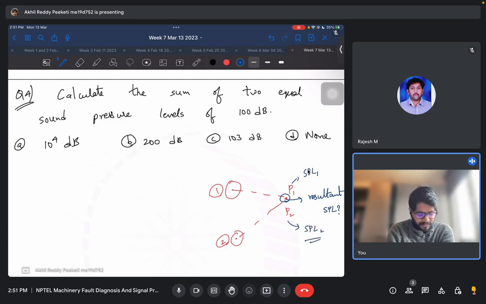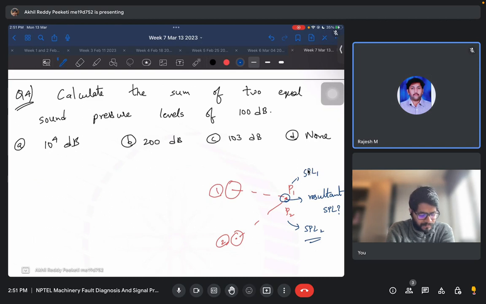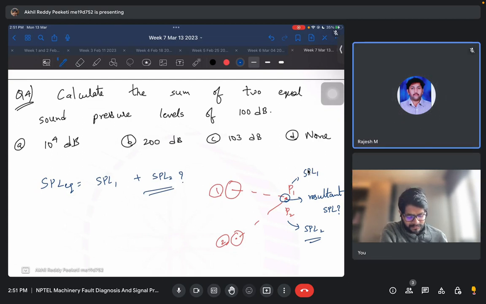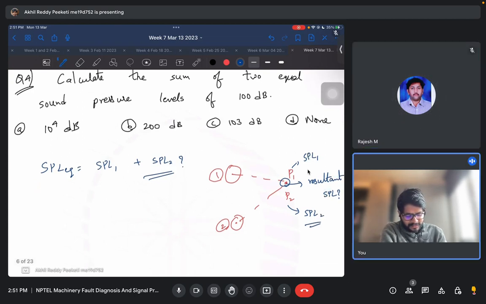So here one more advantage is both of them are equal. So how can we calculate the sum of these two different pressure levels? Yes. So you are saying SPL equivalent is equal to SPL1 plus SPL2. Okay. So actually that is wrong, because